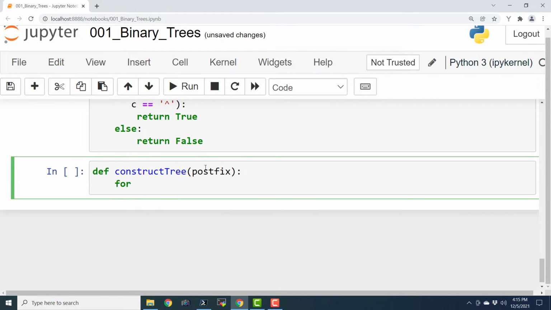Let us iterate through this entire postfix string. Basically, postfix is going to be the string that contains the postfix expression. For char in postfix,